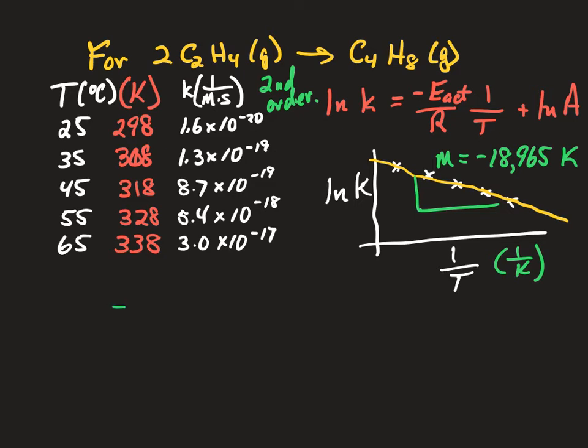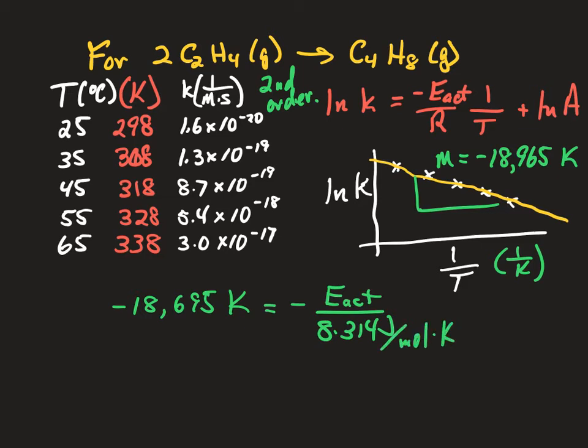So we've got negative 18,965 Kelvin equals negative activation energy over 8.314 joules per mole Kelvin, right? So we've got negative 18,965 Kelvin times 8.314 joules per mole Kelvin, right? Our Kelvin units cancel, and we get,